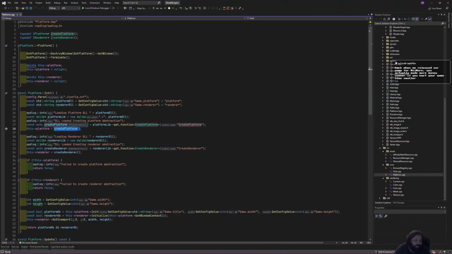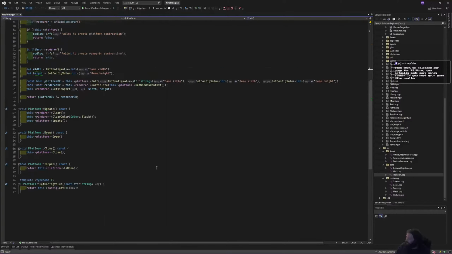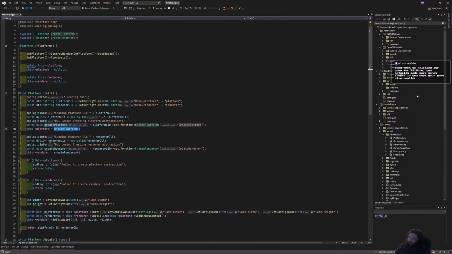Back when we released our game for WiiWare, you actually made more money sooner if you kept your game size smaller. See, that's one of the things too, right? I want to make sure that I'm keeping this as small as possible, so that if you want to release to those platforms, then,